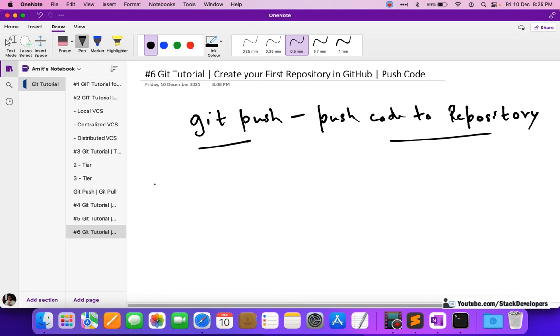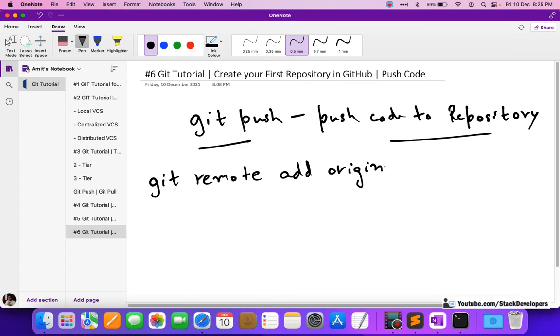There is one command you need to give, git remote add origin. It means that we are connecting our repository to this project. After that we are going to give the path we will get from the GitHub account.